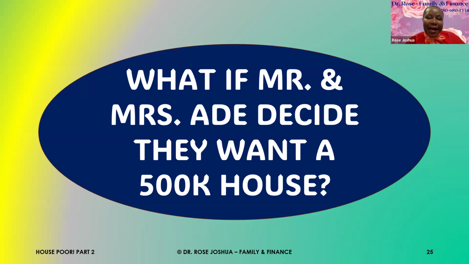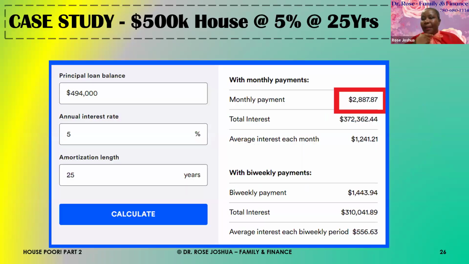So we want a bigger house. We want more garage, more garden, more backyard, more this and more that. So now we want to get a $500,000 house. Remember, this couple combined have an income of $100K. But there are so many things that come into play whether they can buy this $500,000 house or not. So at $500,000 with 5% down,